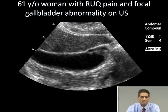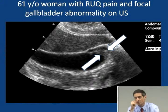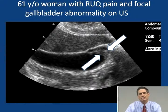Another issue is troubleshooting abnormal ultrasound studies and making sure that the gallbladder isn't the culprit if you see an abnormal ultrasound of the gallbladder. For example, in this 61-year-old woman, she had a focal gallbladder abnormality on her ultrasound. She had normal enzymes, by the way, but she did have this focal abnormality here, marked by the arrows, focal abnormality of the gallbladder wall. So what to do? This was suspected to be adenomyomatosis of the gallbladder wall, and it's a benign and